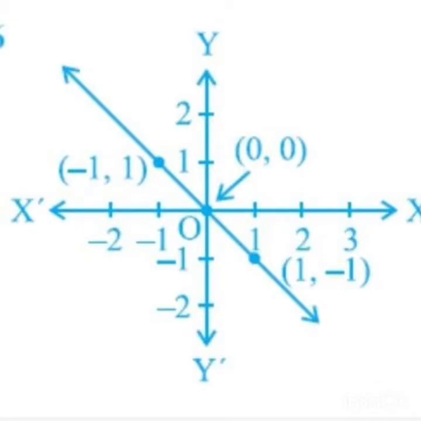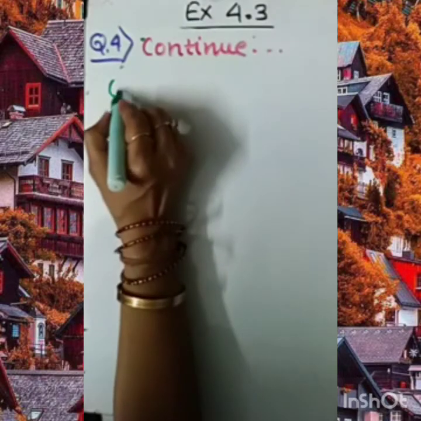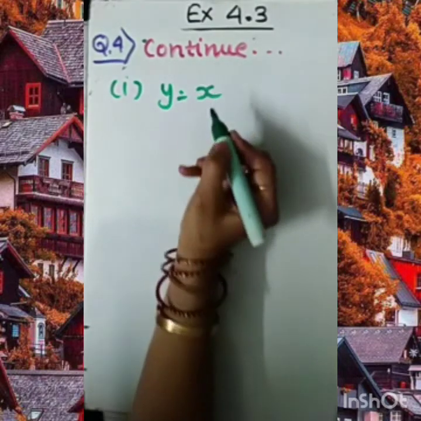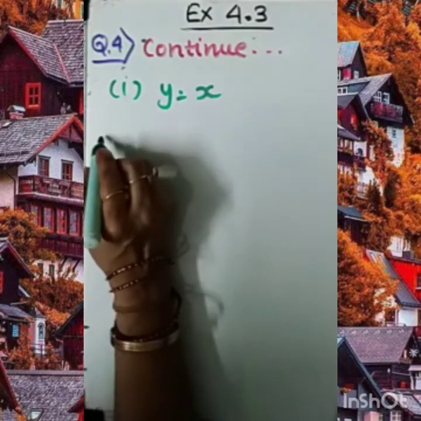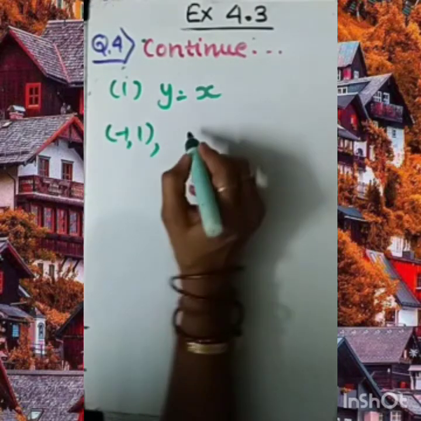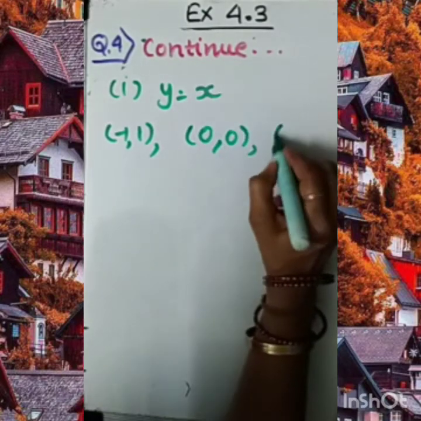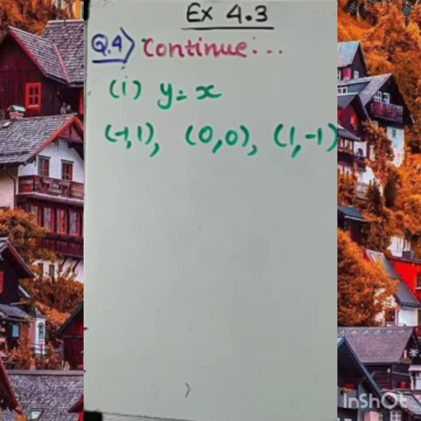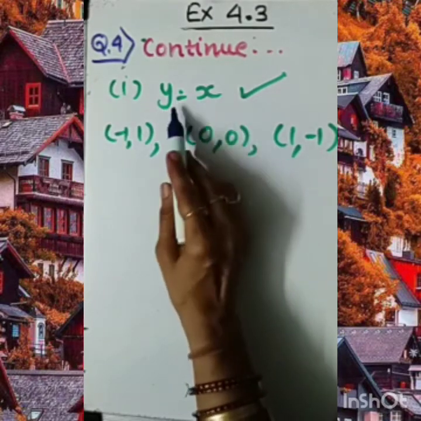First figure, in that we are given y equal to x, x plus y equal to 0, y equal to 2x and 2 plus 3y equal to 7x. Okay. Now in the first graph, if we substitute one by one all the values, suppose I am choosing the first one, that is we are given the y equal to x option. Okay. And which three coordinates are given in graph A? -1, 1, 0, 0 origin and 1, -1. Okay. So dear student, if I go with y equal to x, what does it indicate? It indicates that the value of y and x must be similar.